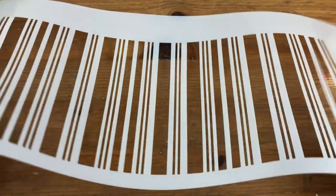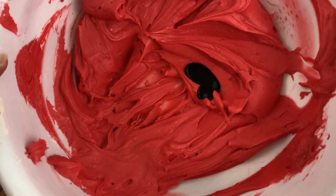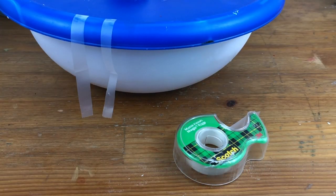but it will work. Here's my red buttercream after 30 minutes, and I'm going to add a bit more colour, and I'm confident this will be enough, so I'm going to use it straight away and it will darken as it sits on the cake. I'm going to use some sellotape to hold my stencil in place, but you can pin it into the cake